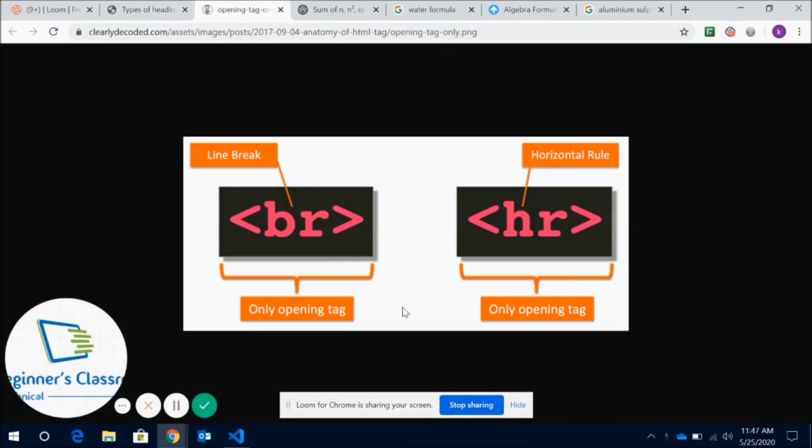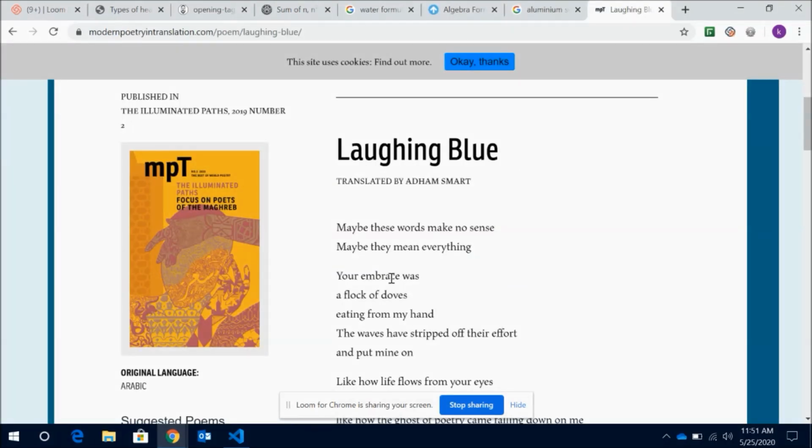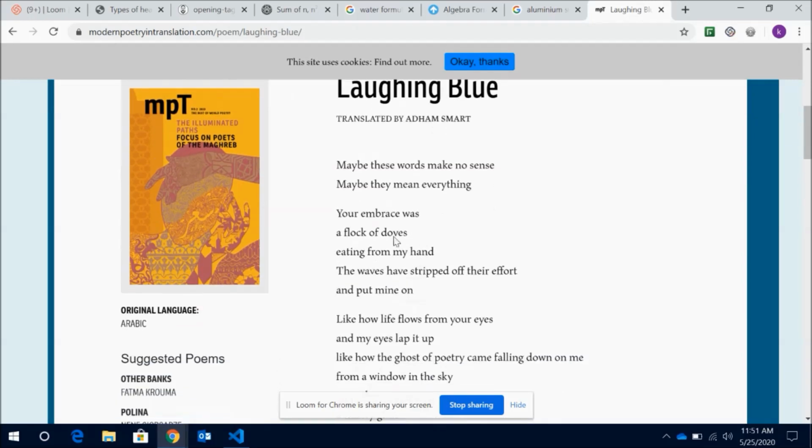These two tags are called self-closing tags, meaning we saw some tags previously where there was some content to be added before the closing, but there is no content to be added for these two tags. So the BR tag and HR tag are called self-closing tags, and there will not be a closing tag for these two tags. Adding a forward slash is optional here. It's your time to code in HTML for this screen. A poem is written in this page, and try to display each and every line the same as shown.